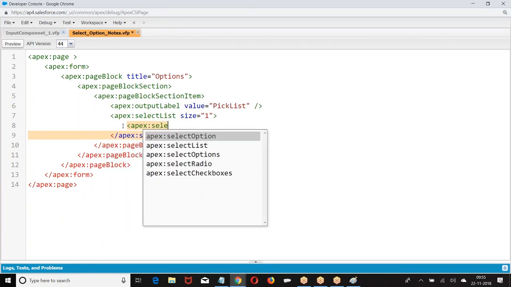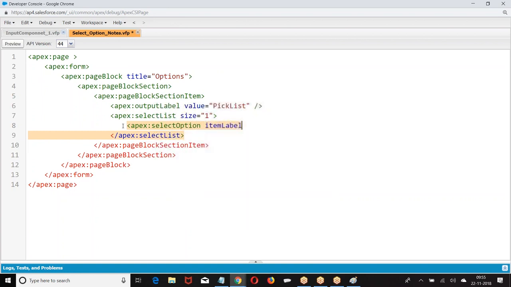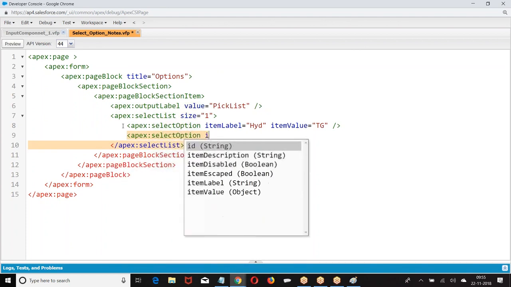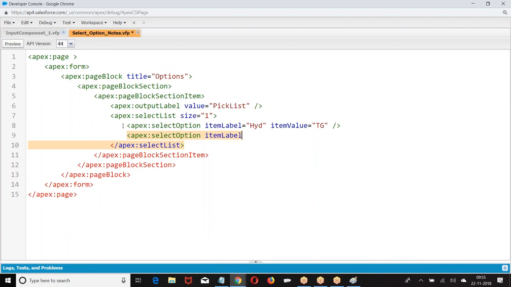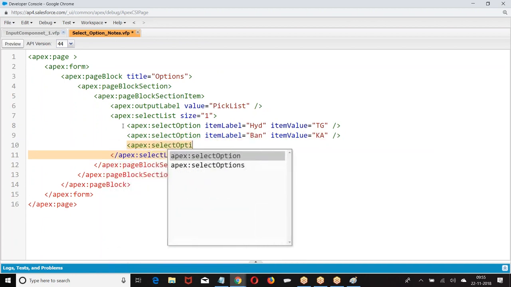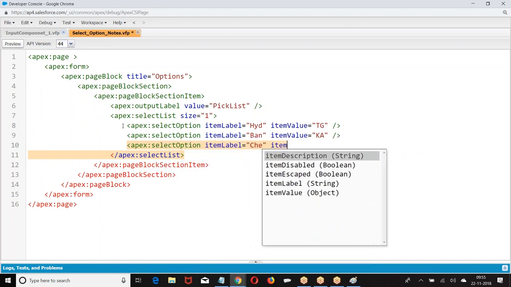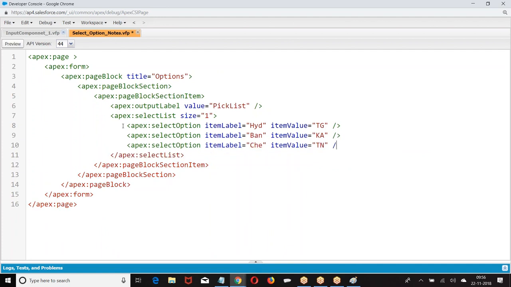Apex select option, item label, item value.